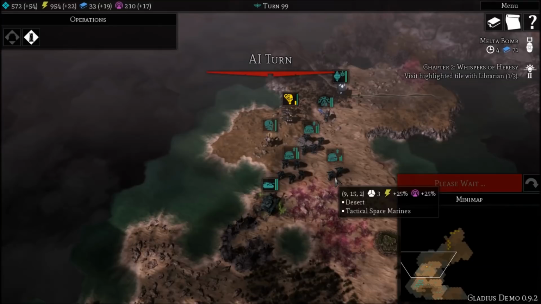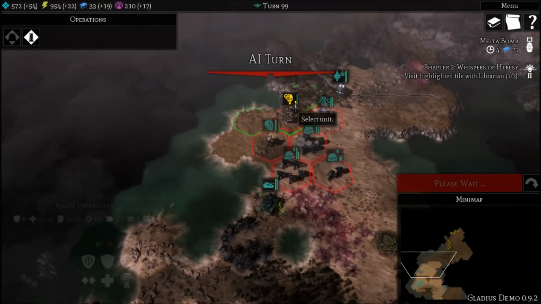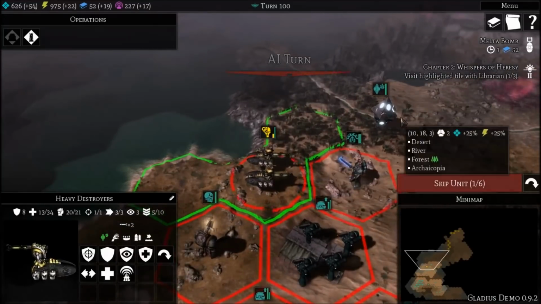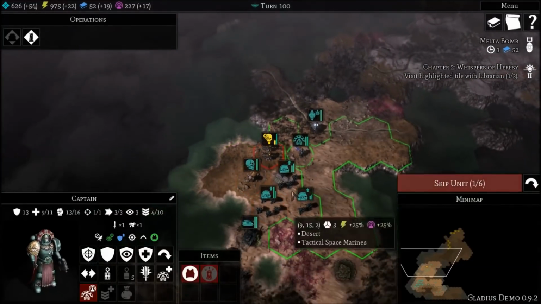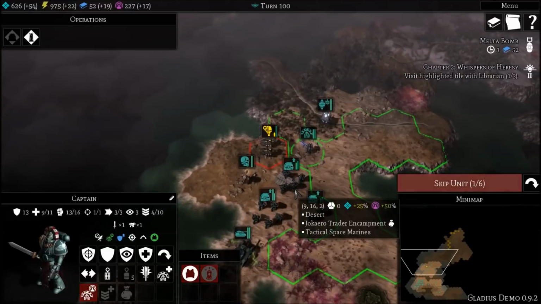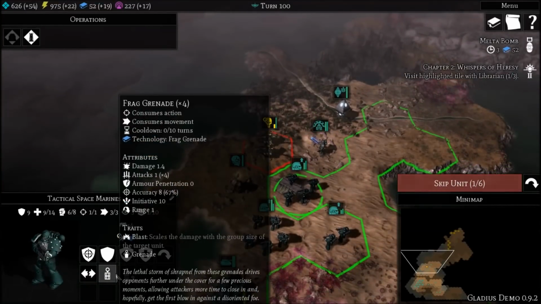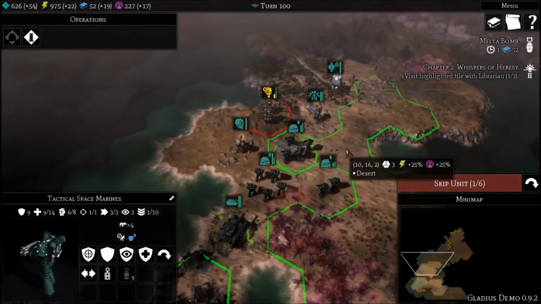What are they doing? Are they going to attack? Come on. Attack. Alright. I don't know what they did. Maybe they took a turn to heal or something. You guys keep lobbing grenades. Actually, what I should do...